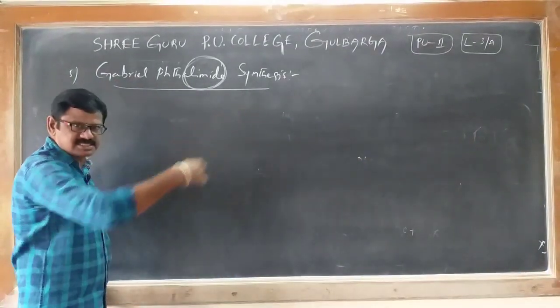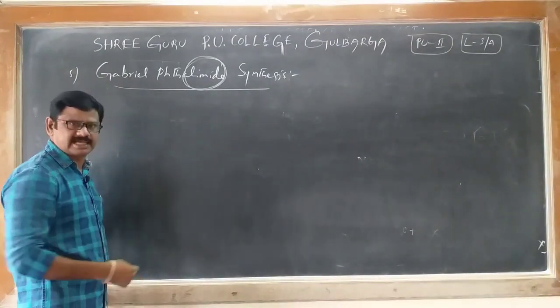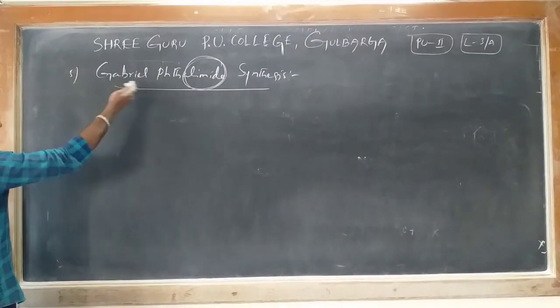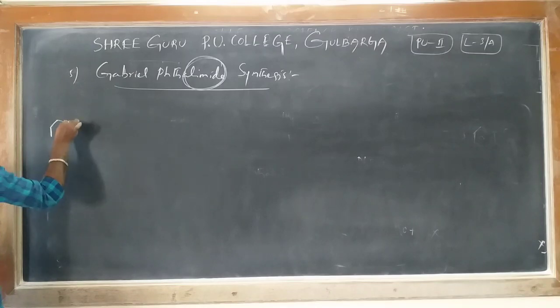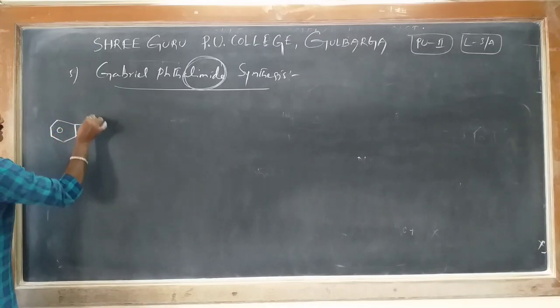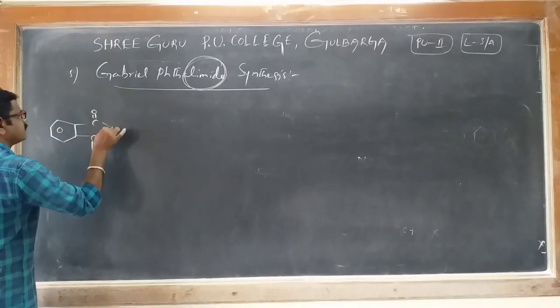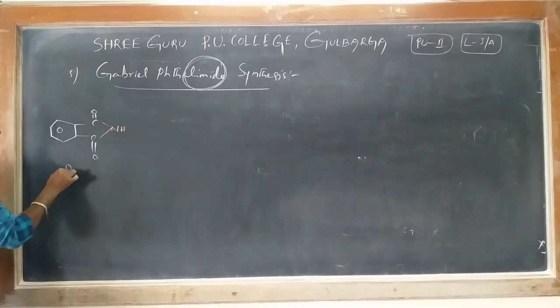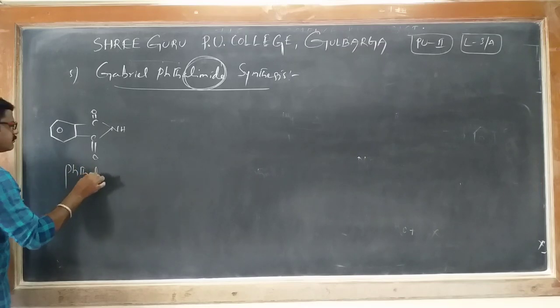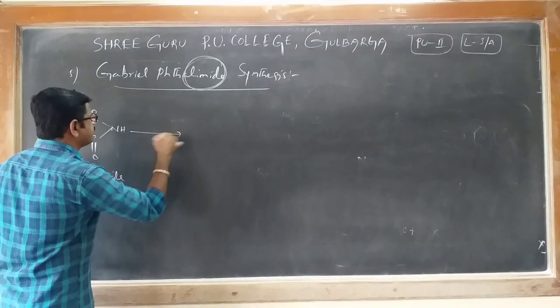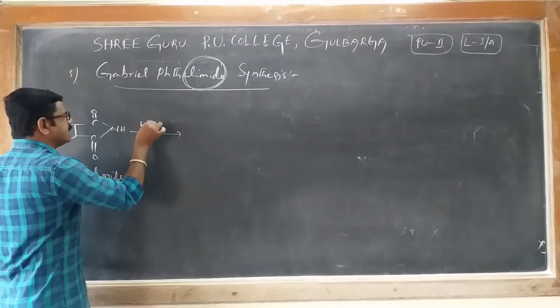Whatever the reactions just now, we have learned them in the carboxylic acids topic. Now we will discuss the Gabriel phthalimide synthesis process. Phthalimide has a benzene ring with CONH. When phthalimide reacts with alcoholic potassium